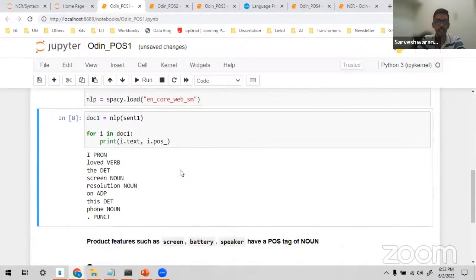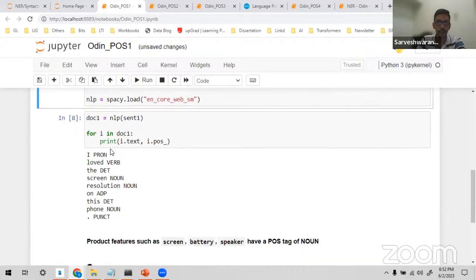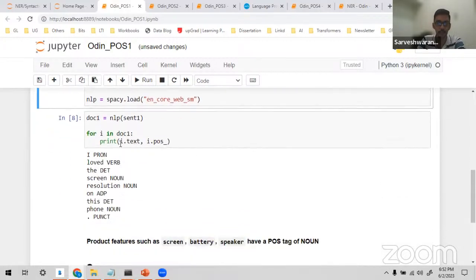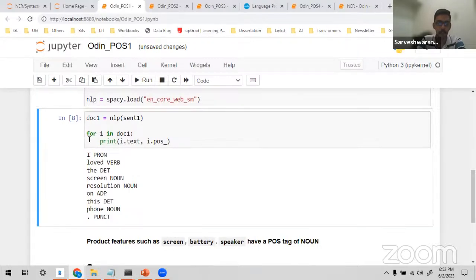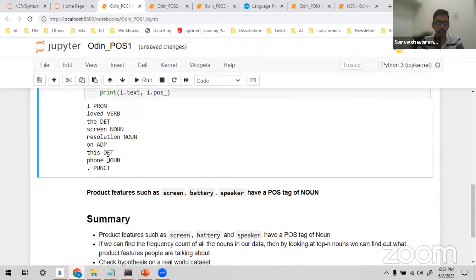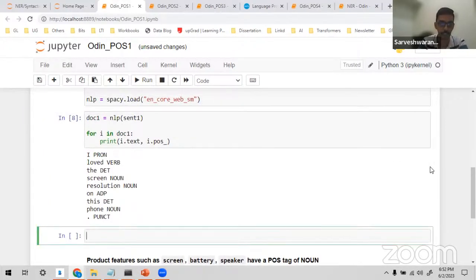Now you can see I've used this pre-trained model, and for the sentence, I love the screen resolution on this phone, I'm doing a part of speech tag for each and every word. I, pronoun; love, verb; the, determiner; screen, noun; resolution, noun. I'm not extracting, I'm just tagging. I'm doing part of speech tagging.